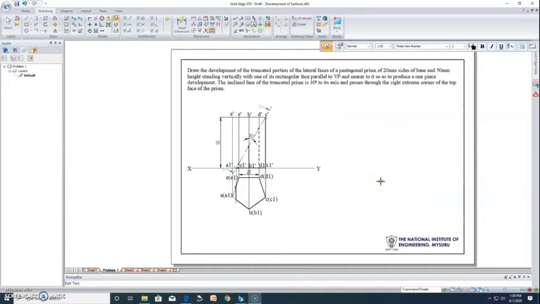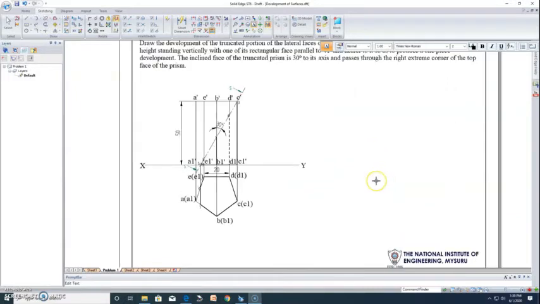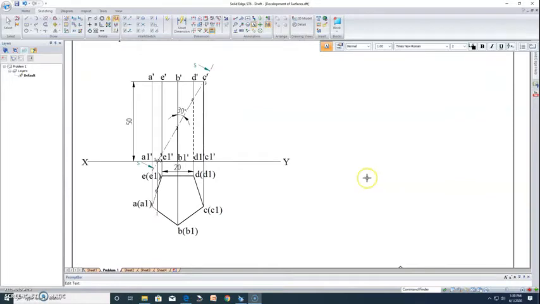Now we move on to the development of this particular truncated prism, and you know that the development for parallel line development has to be done adjacent to the front view. In this case, as it is a pentagonal prism, you know that the stretch-out length will be 5 times the base. So that is 20 into 5, that is 100. So you can draw a rectangle of 100 cross 50 and split it into 5 equal parts.